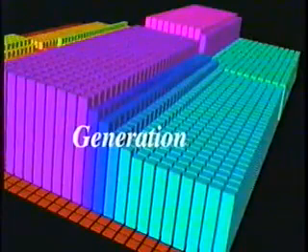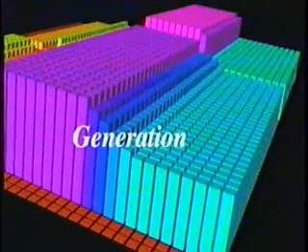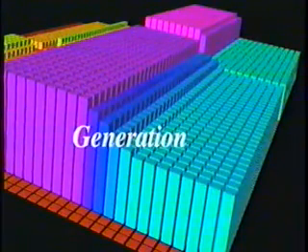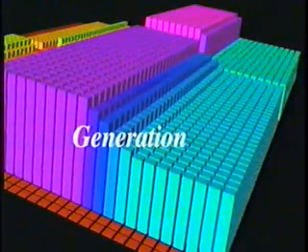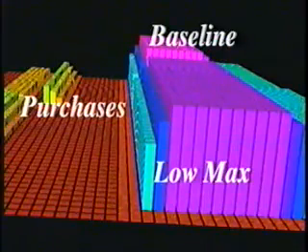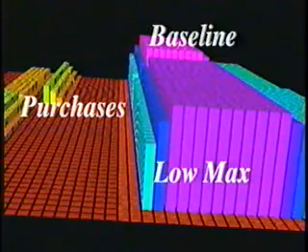This top view of Flaming Gorge generation data shows the familiar pattern of high releases during the day and low releases at night. Generation is shown on the right this time. The low max case is in the foreground, and each day of the 30-day period is virtually the same, with a small increase in generation from day to day revealed during the noon hour. Keeping the low max case in the foreground, note the highly uniform releases predicted by the model.